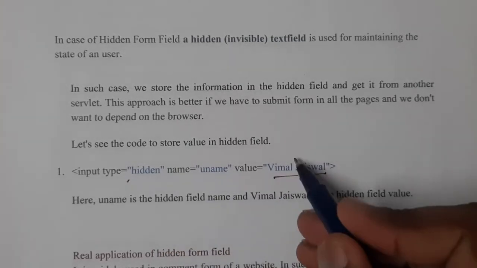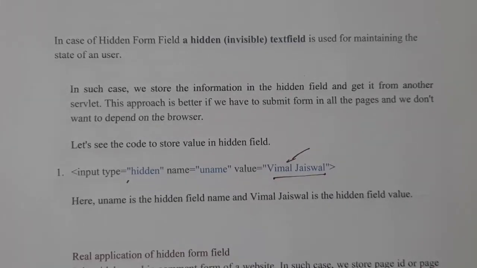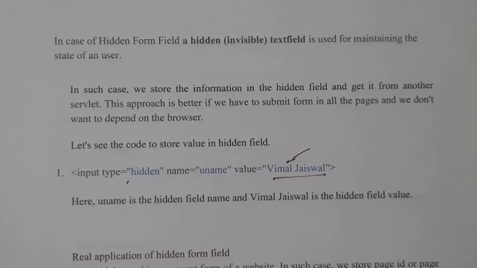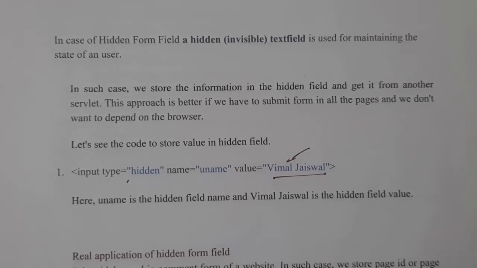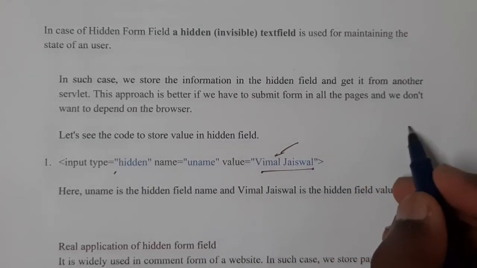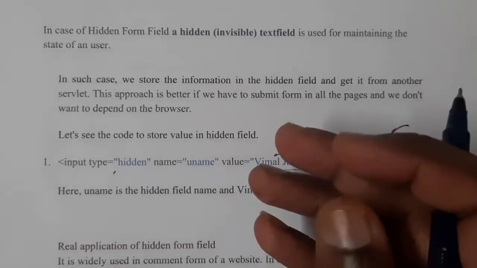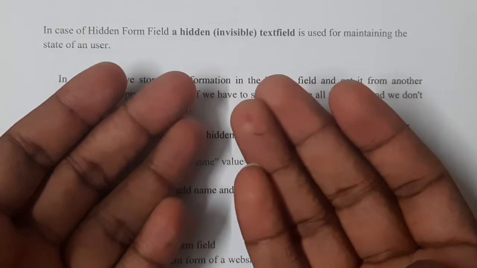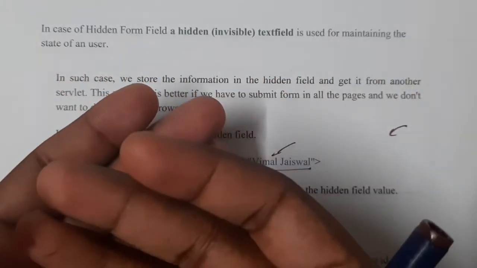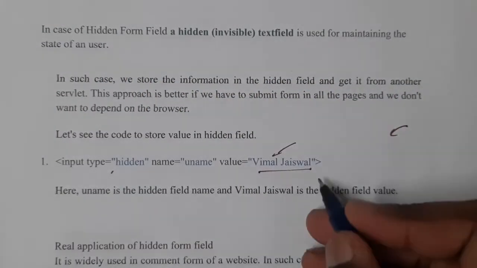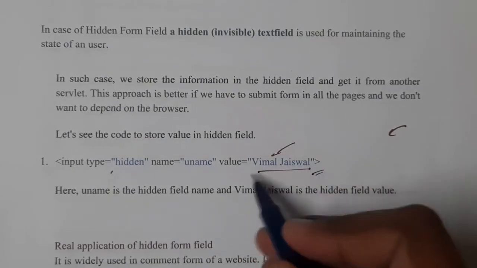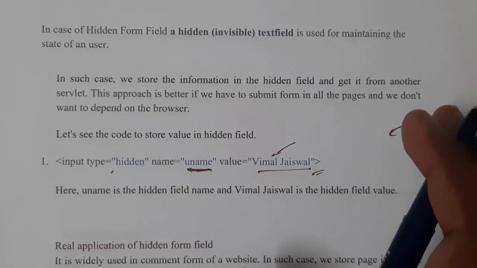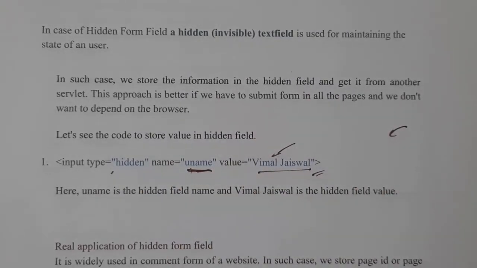Even when we developed projects using JSPs and servlets, we used these kinds of things. You use this where you want to transfer values from one file to another through forms, without any other particular transfer. If you post this data, uname will automatically also be a field among all the data being transferred.